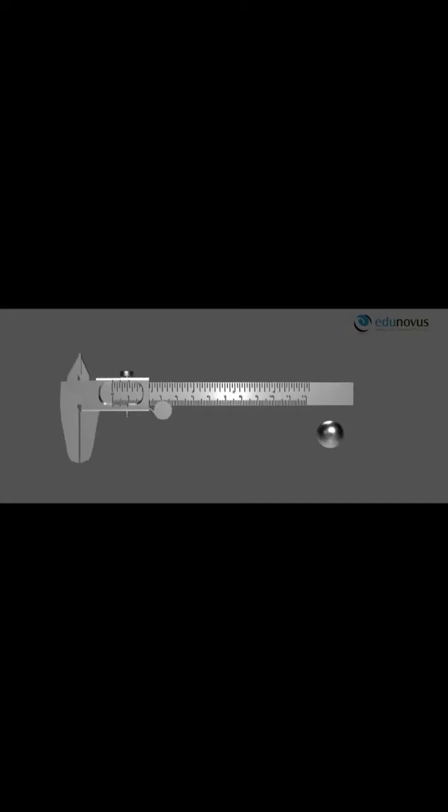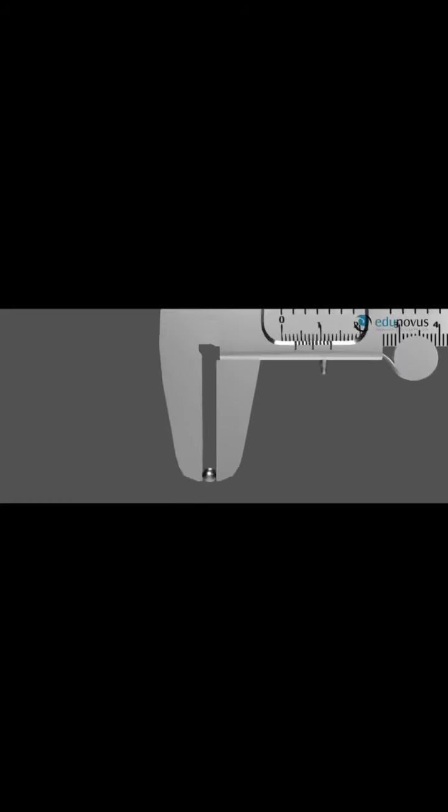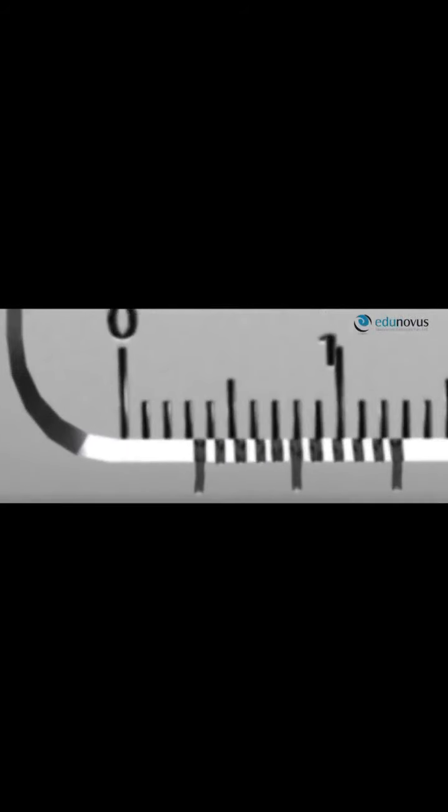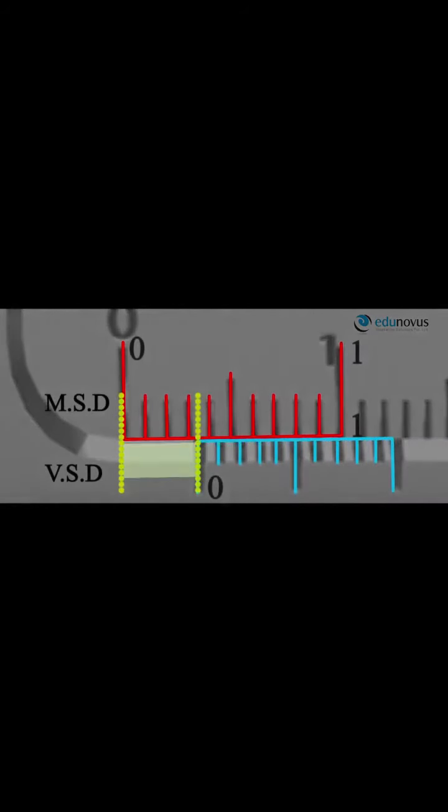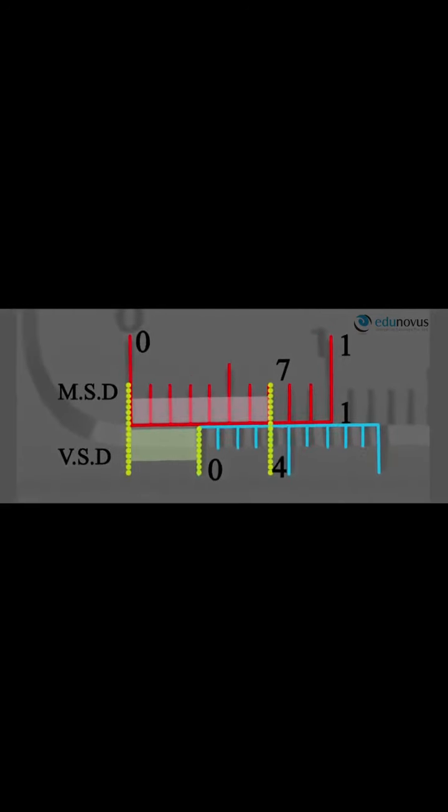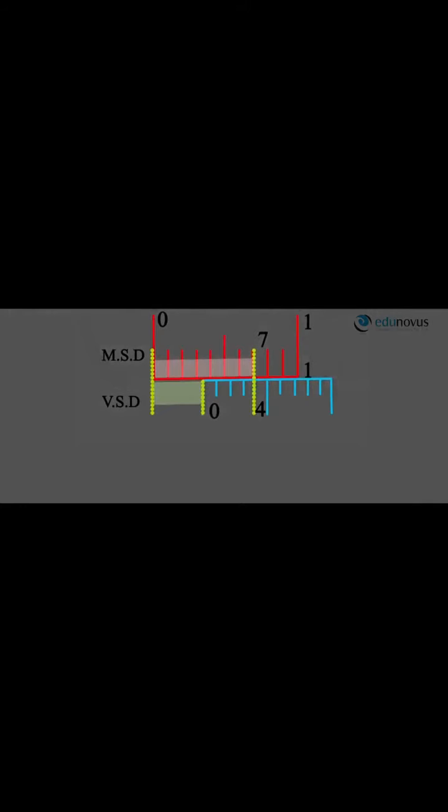After obtaining the least count of the vernier, let us proceed to calculate the length of any given object. Now, let us say a very small object of length x is placed between the jaws. In order to find the length of the object, we need to calculate the distance between the two zeros. This can be obtained by subtracting the length from 0 to the coincidence of main scale division and vernier scale division, and the length from 0 of the vernier scale to the coincidence of the vernier scale.